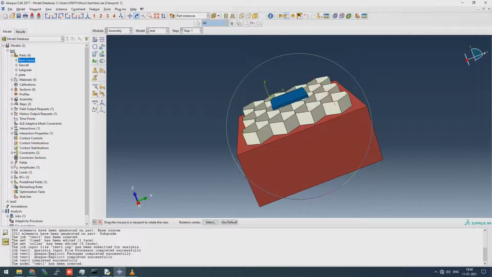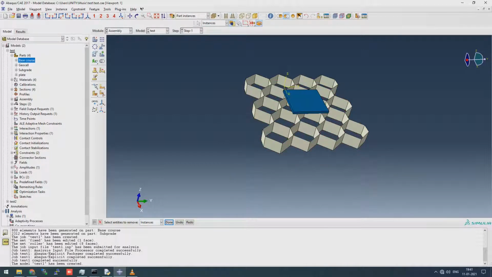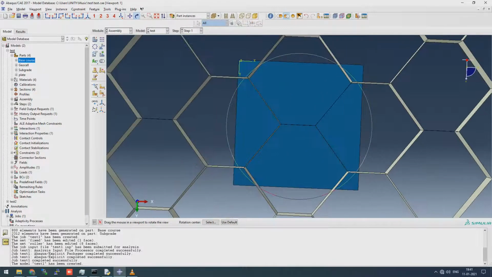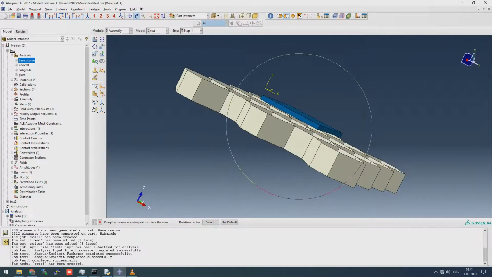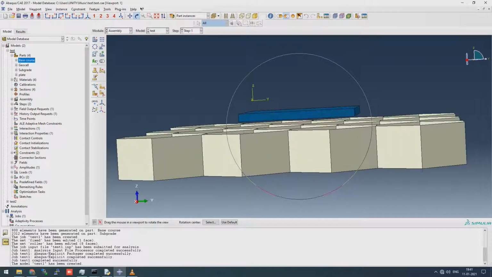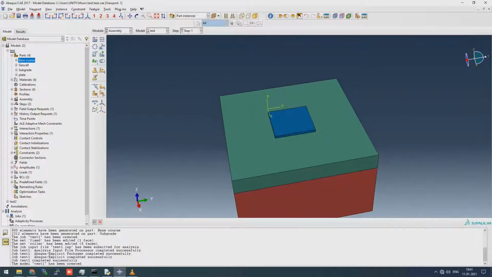To keep your geocell in the middle, let me show you how you can place it. You can either go with the specific geometry, or you can partition this plate, move your geocell to the center of the plate, and then move it a little bit toward the bottom, or move the plate upwards. So that's how you can situate your geocell. That's our diagram, so this is our assembly.